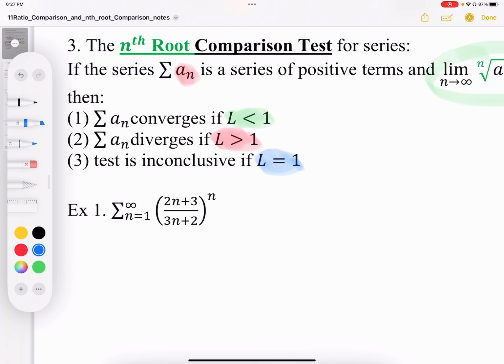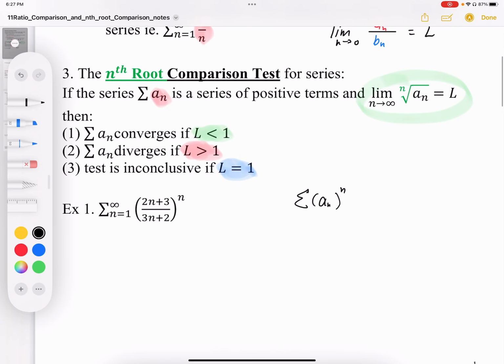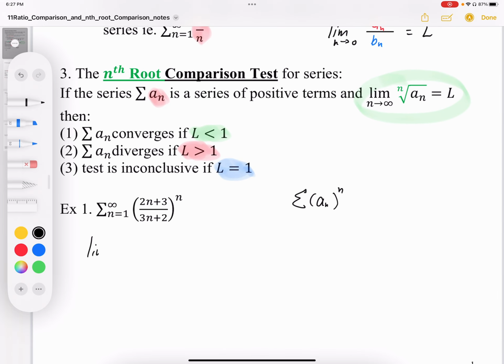Anytime we have this type of series, where we have the an term to some power of n, this type of series lends itself to this nth root test. I'm just going to make that a little bit bigger. So when we have some power of n, they lend themselves to this type of test. When we set this up, it's going to look like this: the limit as n approaches infinity, and we're going to take the nth root